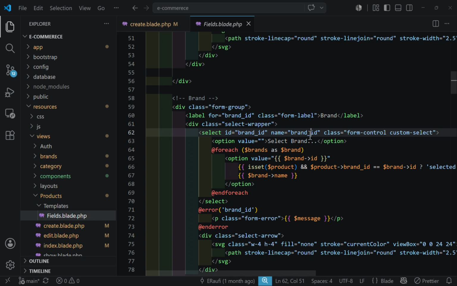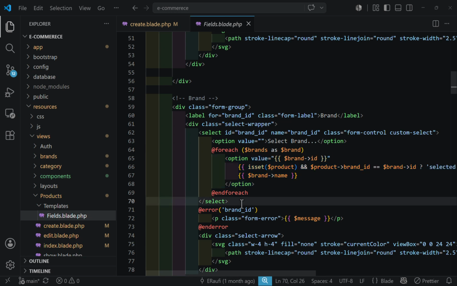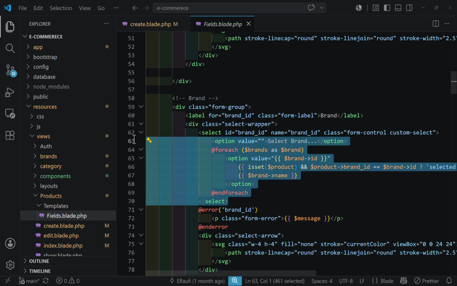the ID, the name for that. Then inside that I have to create the foreach loop, and inside the foreach loop I have to loop through all the brands, and on all other pages if I need a brand. So to prevent this, I will create a class based component for my brands, and I will call it at